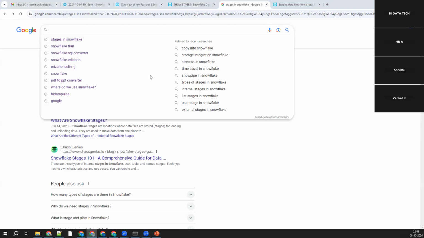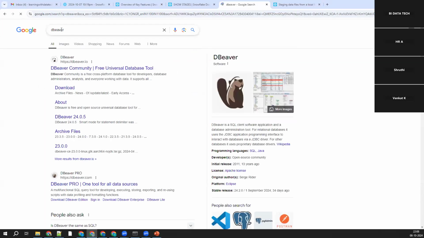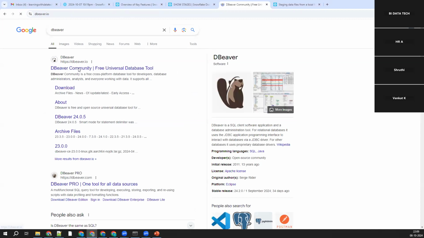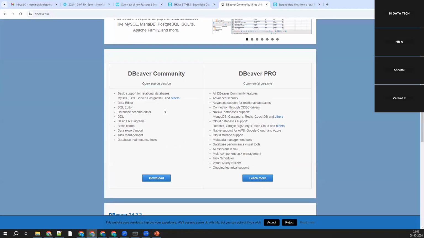In Google, you just need to search for DBeaver. This is a database tool, an open source database tool, where you can connect to your Snowflake. Now you just need to download this